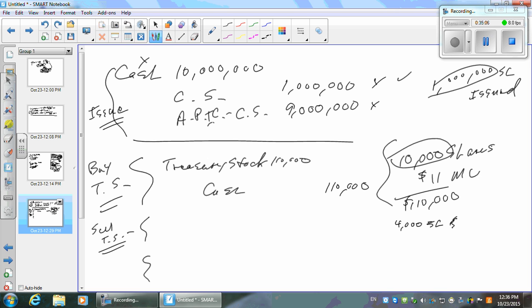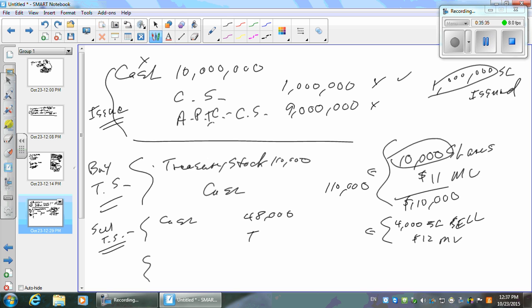We sell 4,000 shares, but by that time, the market price is $12 per share. Could the market price go up and then we sell it? Of course, right? So what would you do with that one? I'm going to sell them for cash, guys. This is real hard. 4,000 shares for 12 bucks. What do I get? $48,000. So let it be common sense. What do I give up?